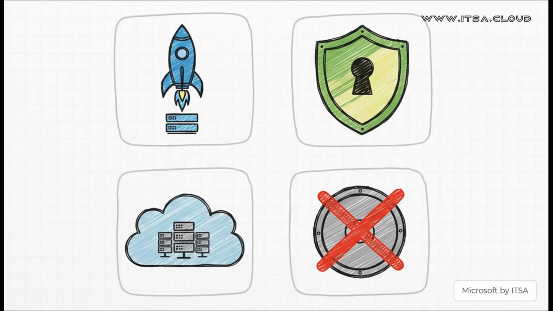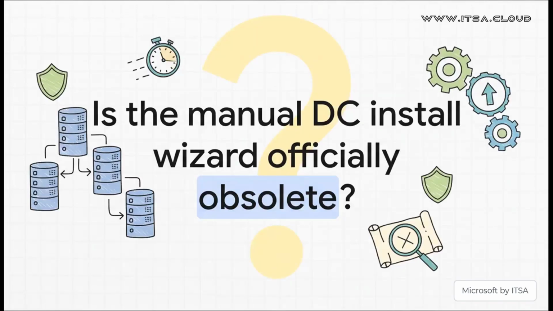So, what are the key takeaways here? First, you're looking at a massive reduction in deployment time. We're talking minutes, not hours. Second, it has safety built right in, thanks to that VM generation ID. It's absolutely essential for modern data centers. And finally, and I'll say it one last time for emphasis, this is not the same as that risky, unsupported disk copying. Which leads us to a final, pretty provocative thought.